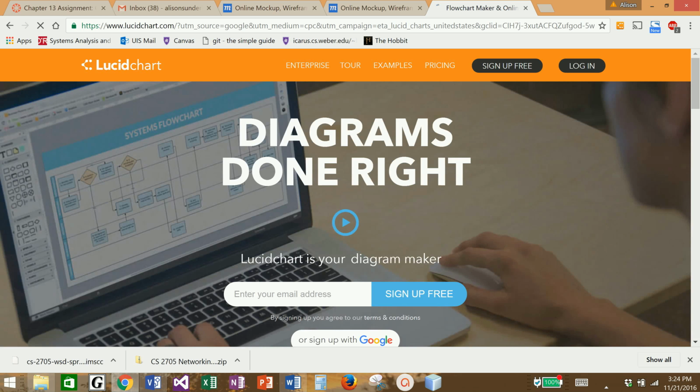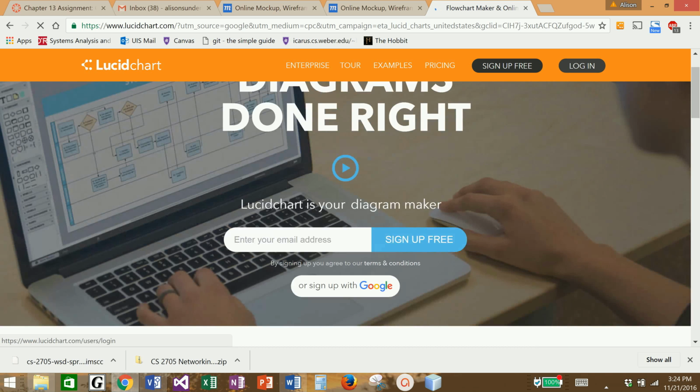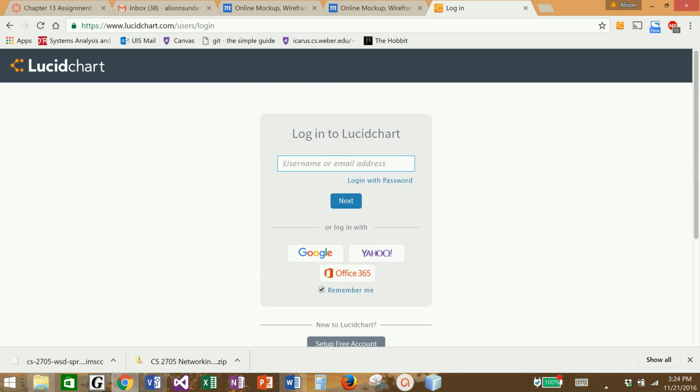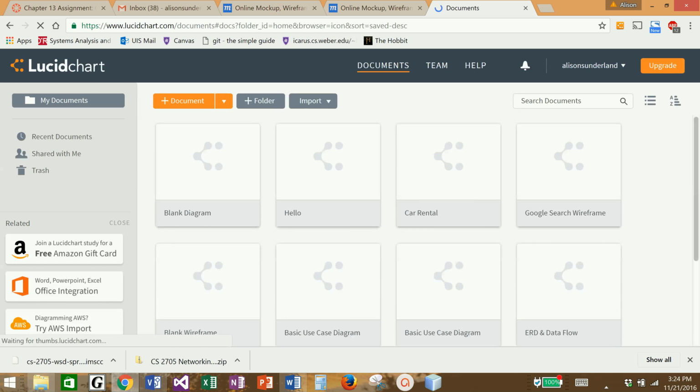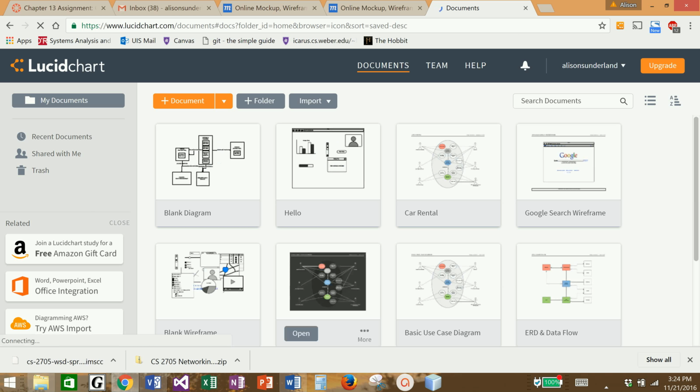All right, so I'm going to have it not sign up. I'm going to click on Login. And once again, because I'm already signed into my Gmail account and to Canvas, it's not going to require me to sign in. Oh, here it is. Instead of putting in an email address, I'm just going to tell it to log in with Google. And when I say log in with Google, if I'm not already signed into my Gmail account, it's going to ask me for my username and password. Those are going to be my Gmail or my Weber email credentials, my Weber email account name, and my password to get in. And then it will take me to